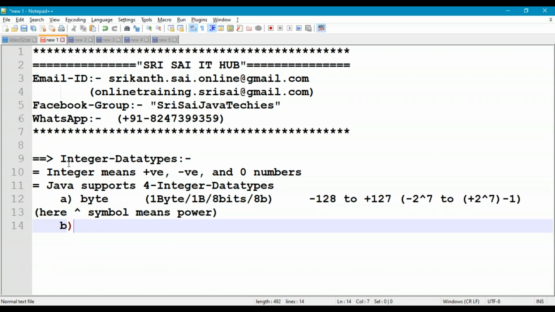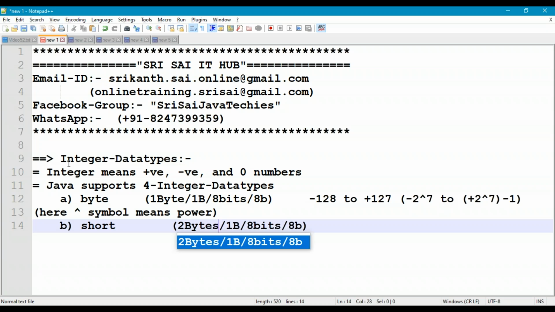int. Okay, so the range of int is, let us start with the size. Before going to int, we'll go for short. So we have one more data type before int, which is short data type. So short is 2 bytes, which is 2B, so it is 16 bits or 16b,